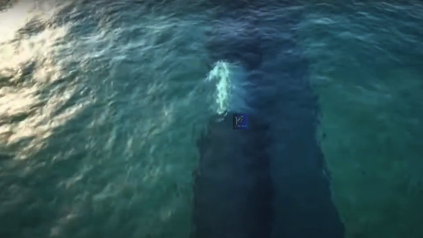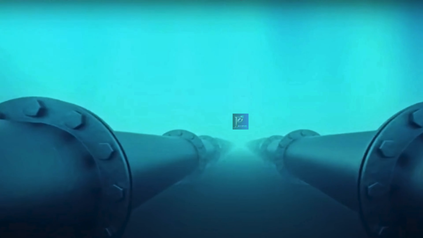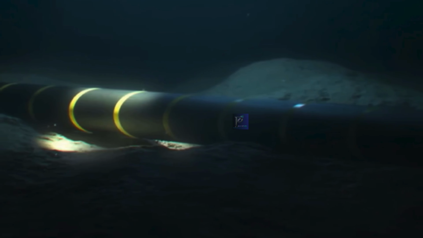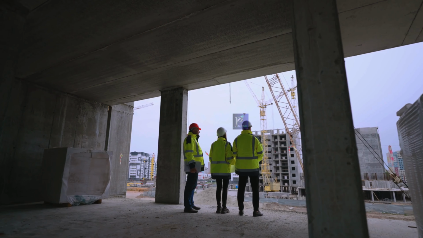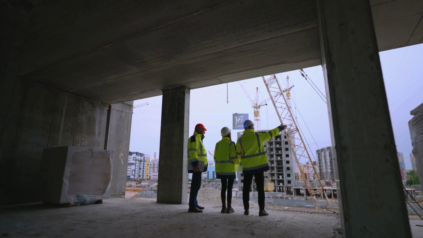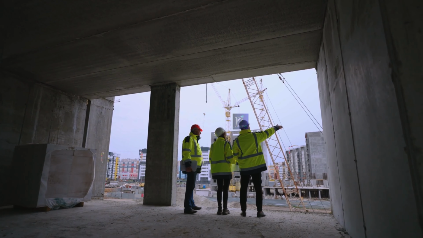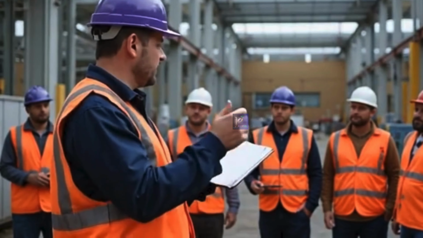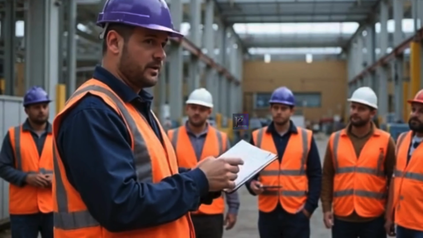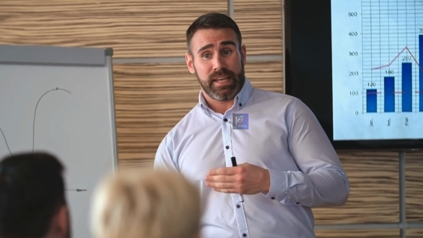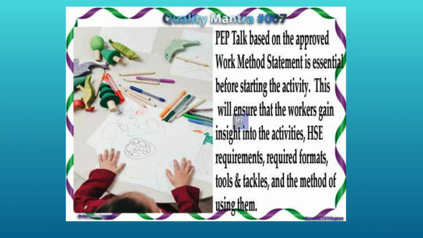It is considered a poor quality cost due to lack of appropriate training or lack of proper supervision on handling the material. Generally, such processes that are considered trivial and ignored may lead to huge hidden bad quality cost. Generally, there is a procedure to conduct a pep talk, and the pep talk should not be just a customary practice. It should include the actual work activities they are going to do. We will discuss this pep talk in detail in another quality mantra.